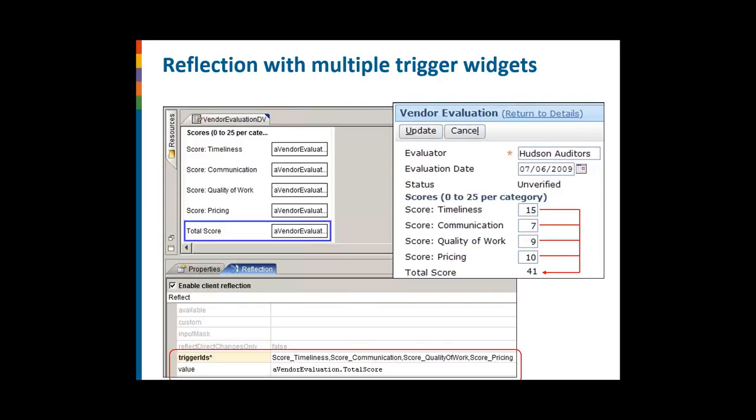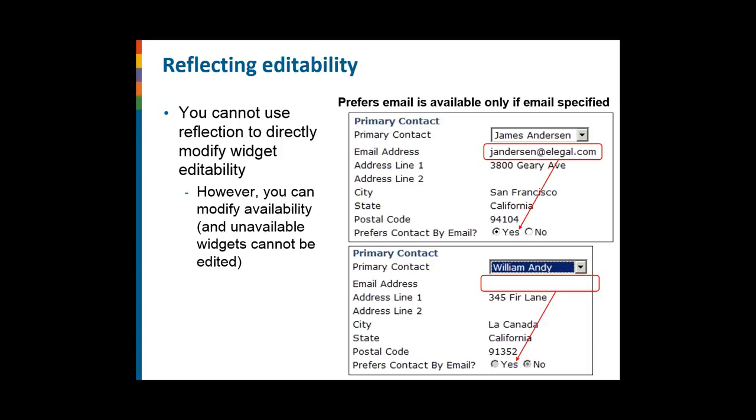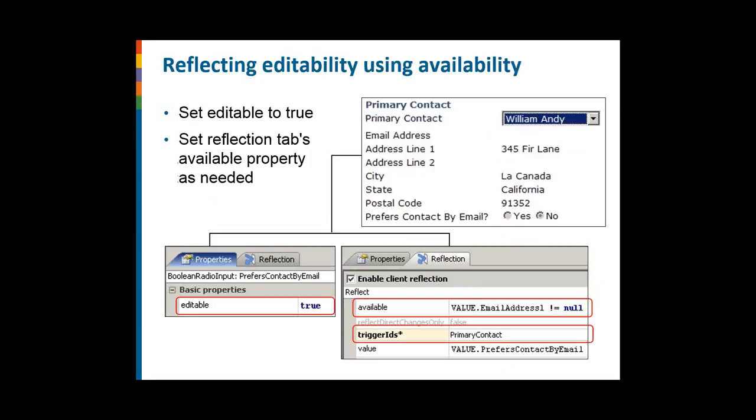And so you cannot use reflection directly to modify widget editability. That cannot be done here. So generally we will be using it for availability only, whether it should be available or not, that can be defined. So this can be done with the help of set editability true, and set reflection types available